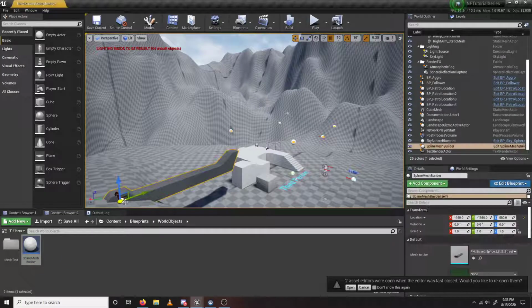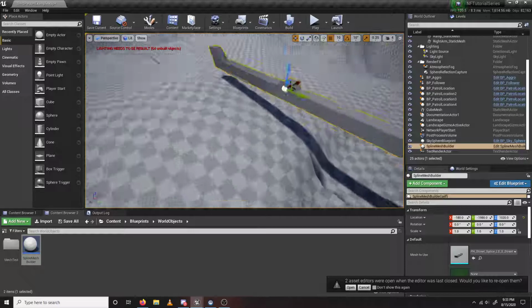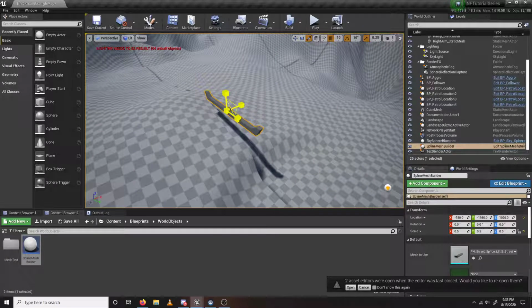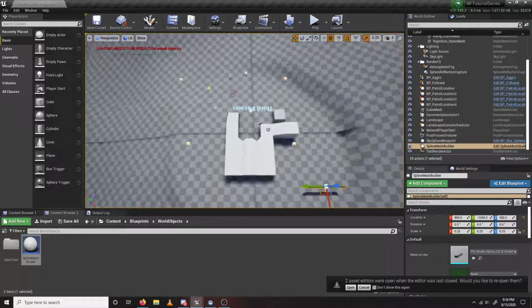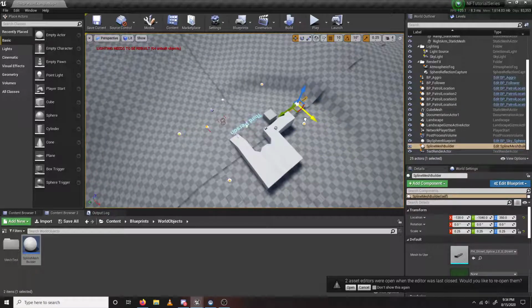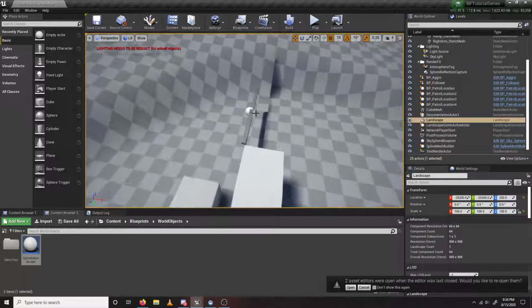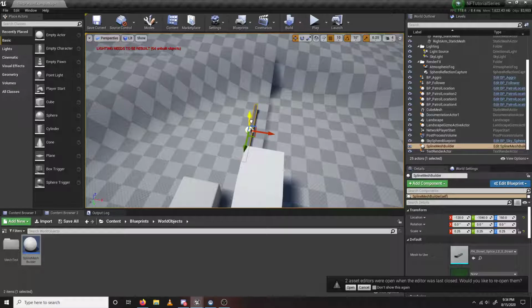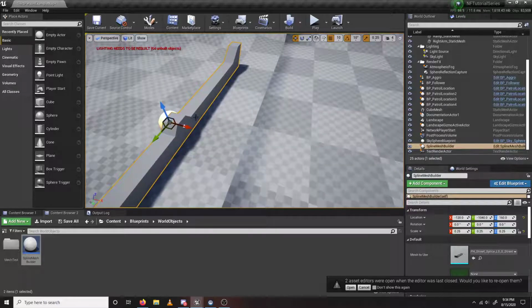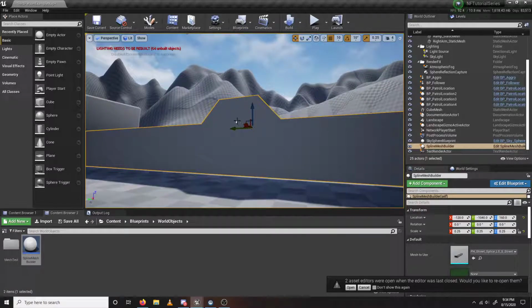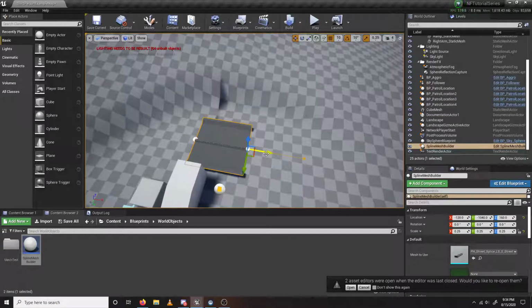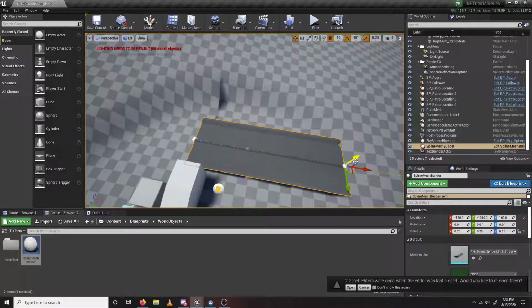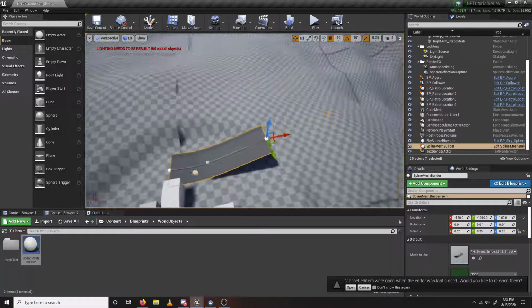So if we drag in our spline mesh builder, and for example we'll scale it down just a little bit so it's not as huge and obtrusive, and then we'll get it to a point where we will be able to actually reach it. So we'll do like right here. And then it might be a little hard to click, so you just want to find your spline point right here, and you can drag it out so you get a little space. And then if you hold Alt and drag out again, it'll create a new spline point for you. We can drag this one up and then drag out again